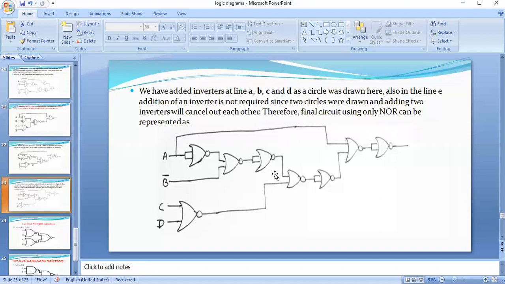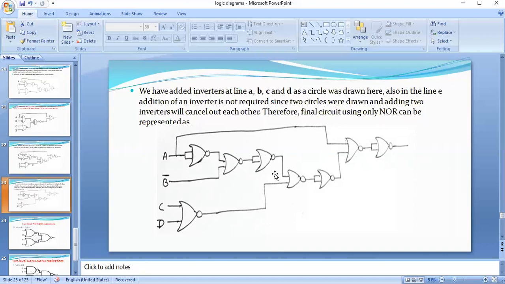Okay, so this is all about conversion from AOI logic into NAND logic or NOR logic. In the first step, we have to draw the logic diagram using only basic gates: AND gate, OR gate and NOT gate. After that, if you want to implement using NAND logic, you have to place a bubble at the output of each AND gate and the input of each OR gate. And finally, you have to replace the bubbled OR gate with the NAND gate.